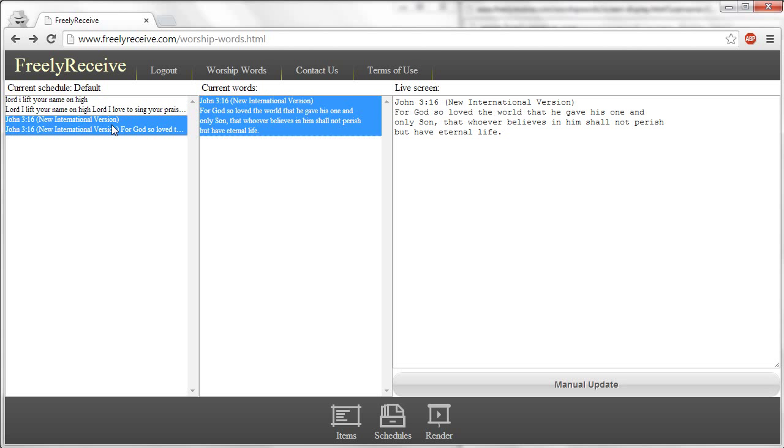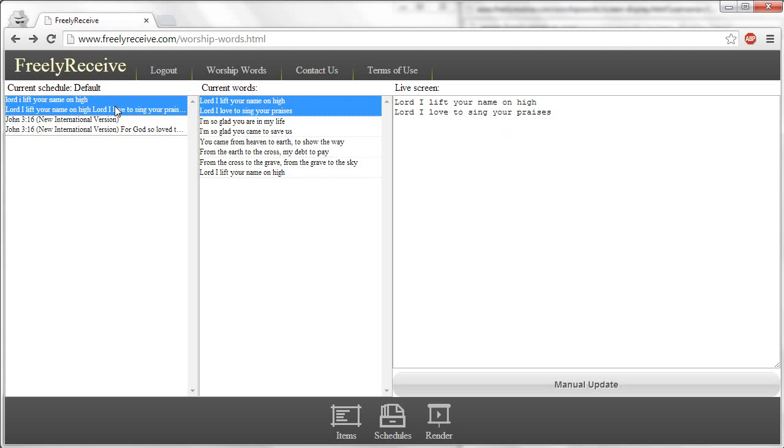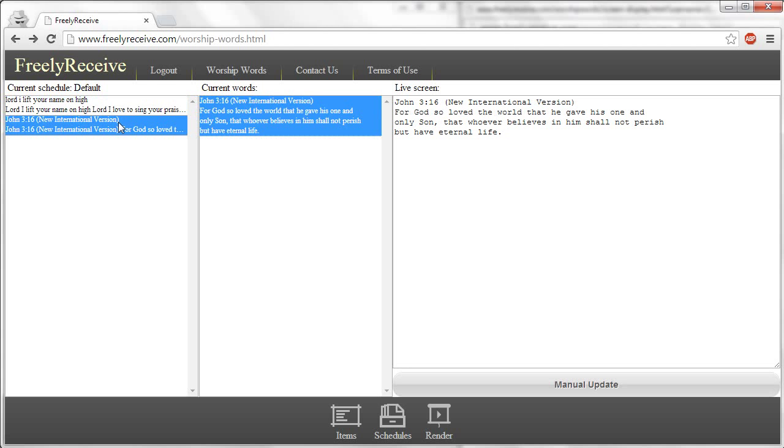So that's how you can create a schedule for a church service. Now we've got the song, and we've got some scripture for the pastor during their sermon. I will now demonstrate how to render it to a projector so that you can run the church service. So to render it, you click on this little render icon at the bottom here, and that brings up the